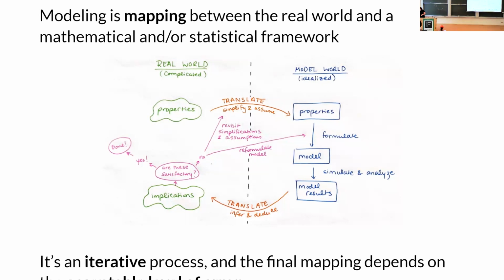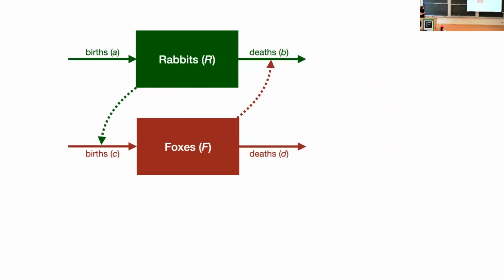So let's go to a bit of a more complicated example. Does anyone know what this is a diagram of? Just off the top, with the annotations and stuff, a predator-prey model, yeah, a Lotka-Volterra model. Very good. So we have rabbits, which are the prey, and we have foxes, which are the predators, right?